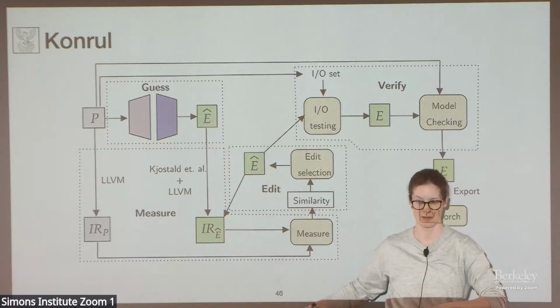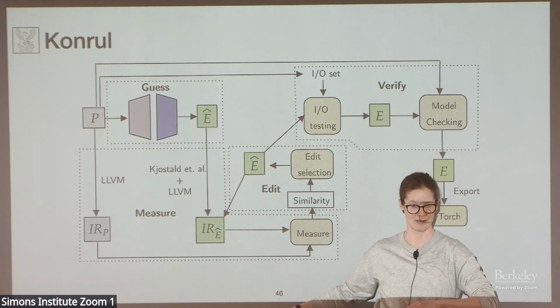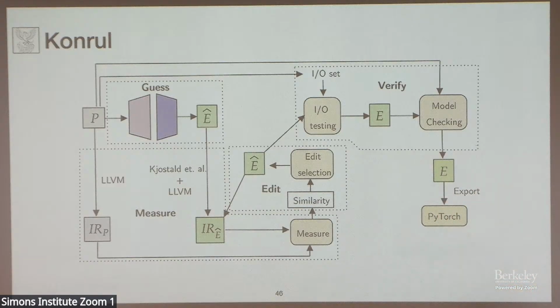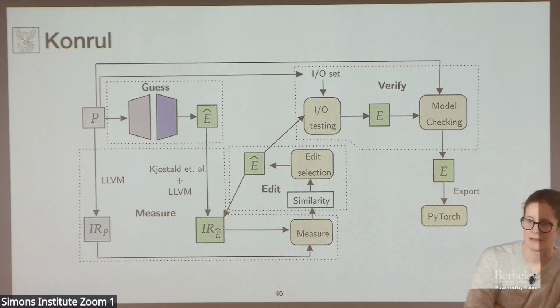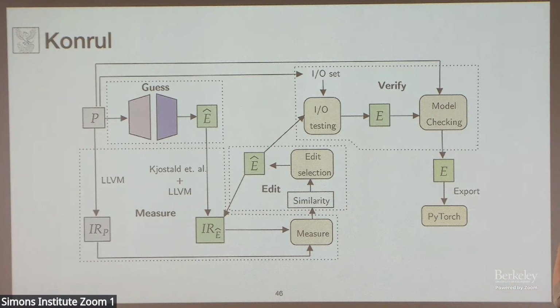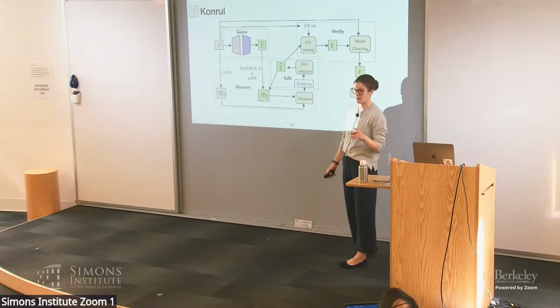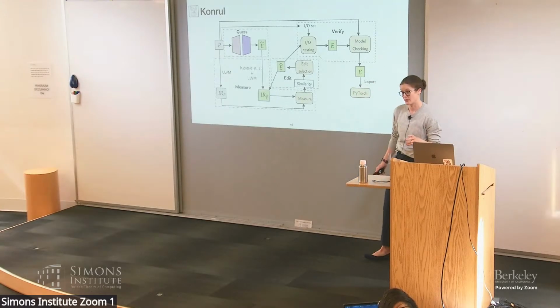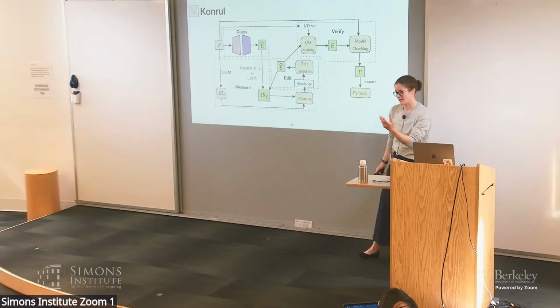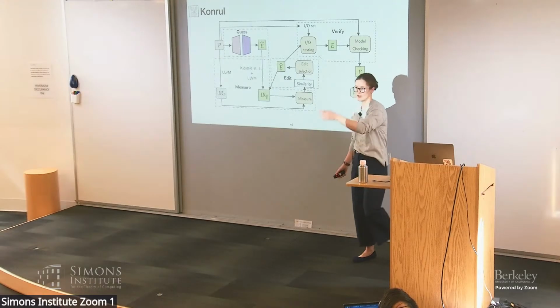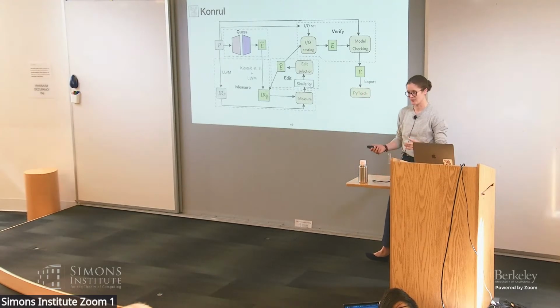So yeah, question. Sorry, just to make sure I understand. Once you've generated the initial guess, do you ever come back to the LLM? At the moment, we don't. One of the open questions is how do you know whether you should just discard a guess or not? At the moment, we get an initial guess and then we search the space around that guess with the edit rules and the distance metrics.